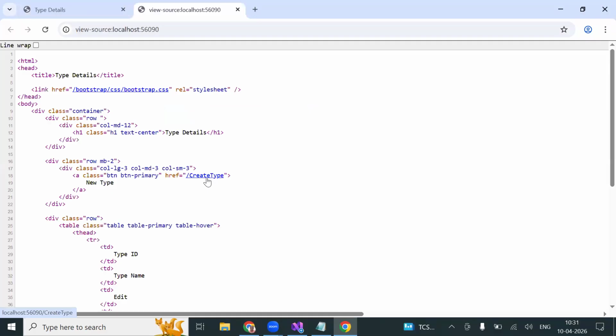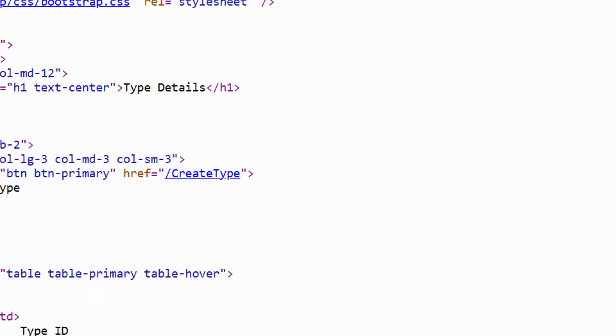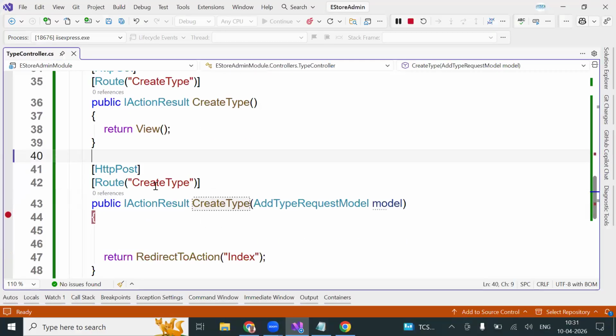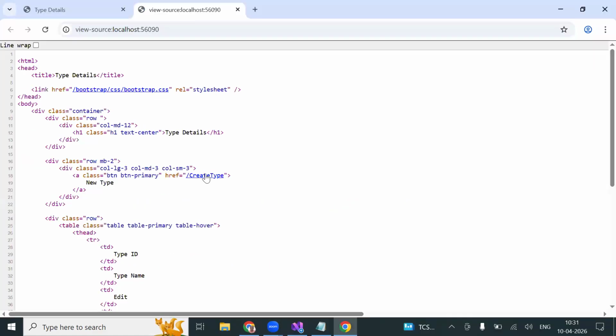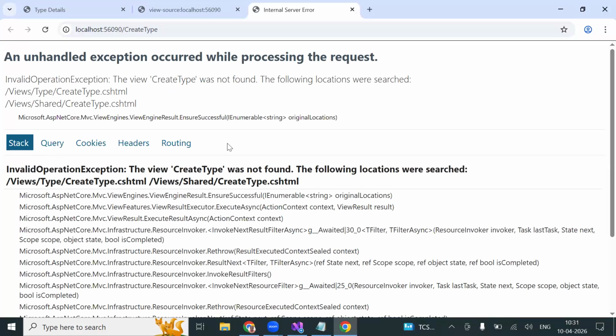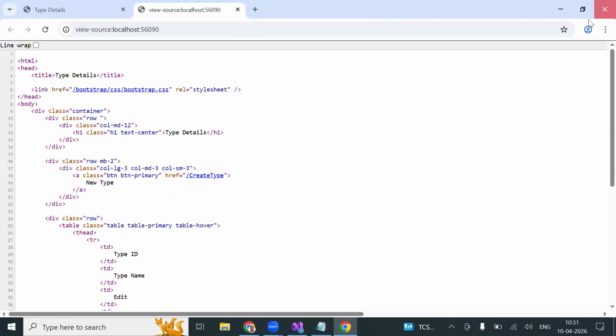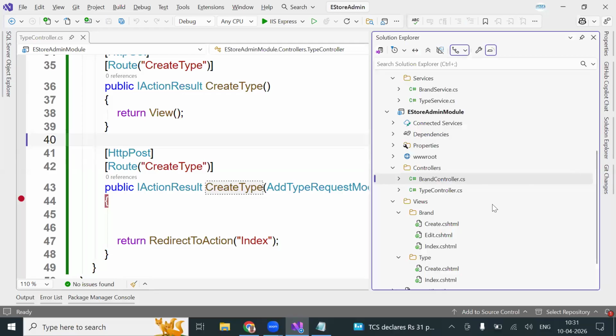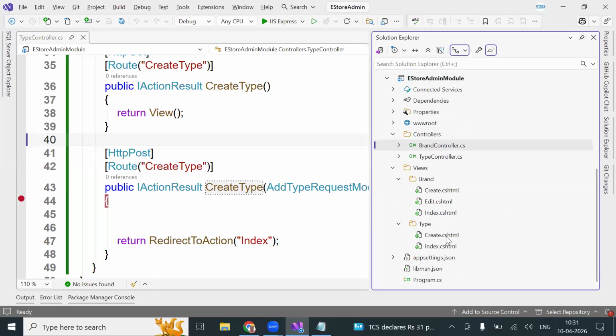See? Okay. The problem is, whatever the route name you are creating, your action method name should be same. So that is the problem. View name should be create type. So what do you need to do? Go to solution. Change this as